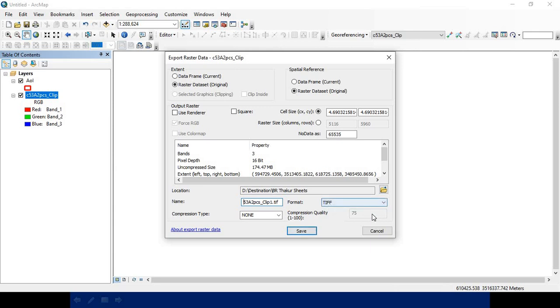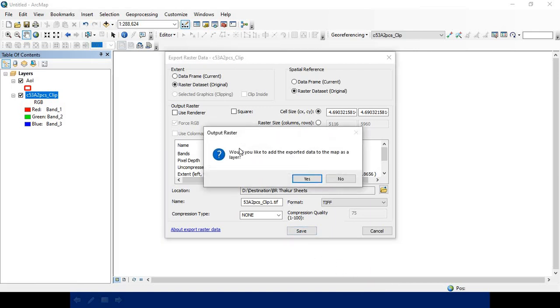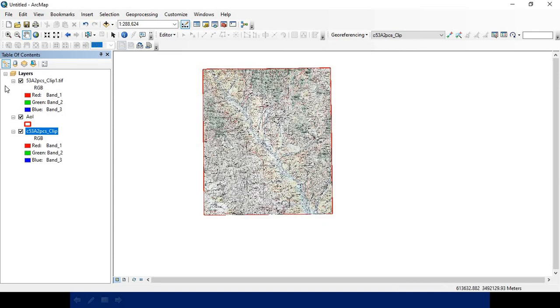I want to save it in the TIFF format, so click on save, and you will see that the process is taking place. Now it is asking whether you would like to add the exported data to the map as a layer, so click on yes, and it has been added also.